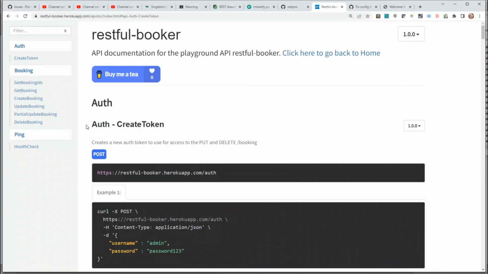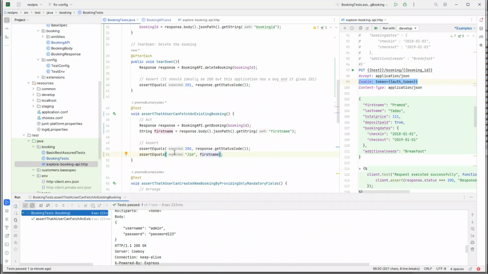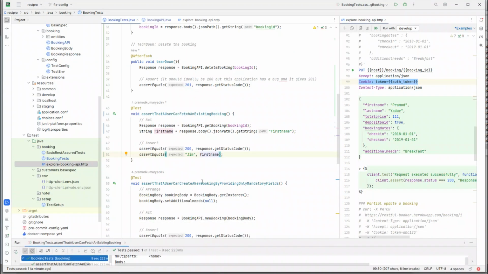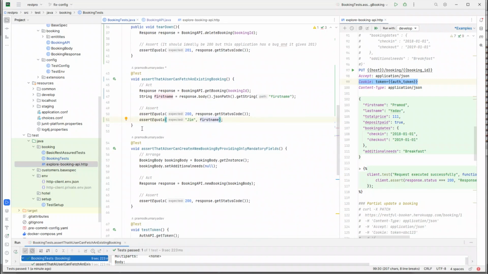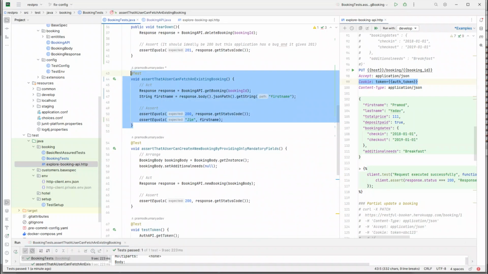So if I go back to this application, now we have tested create booking, we have tested get booking, and we also have tested delete booking. Let's go ahead and write some tests for update booking and partial update booking as well. So now if I want to write tests for partial update, all I can do is make a copy of the same test,